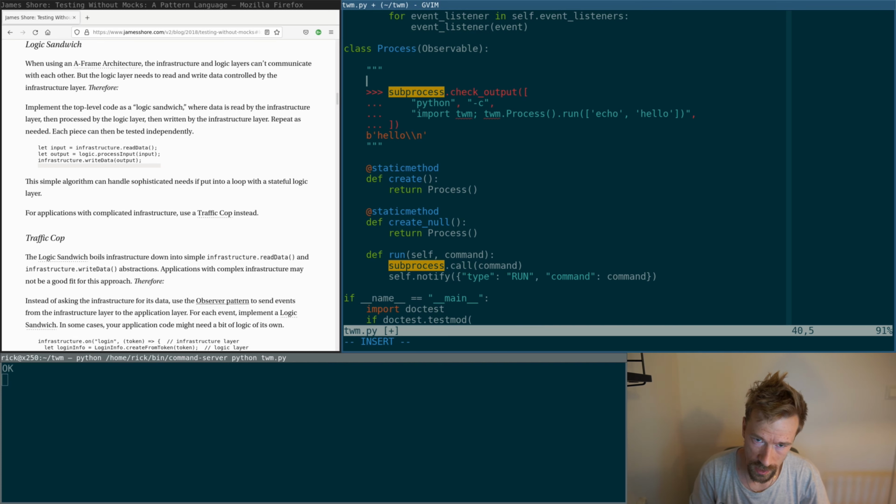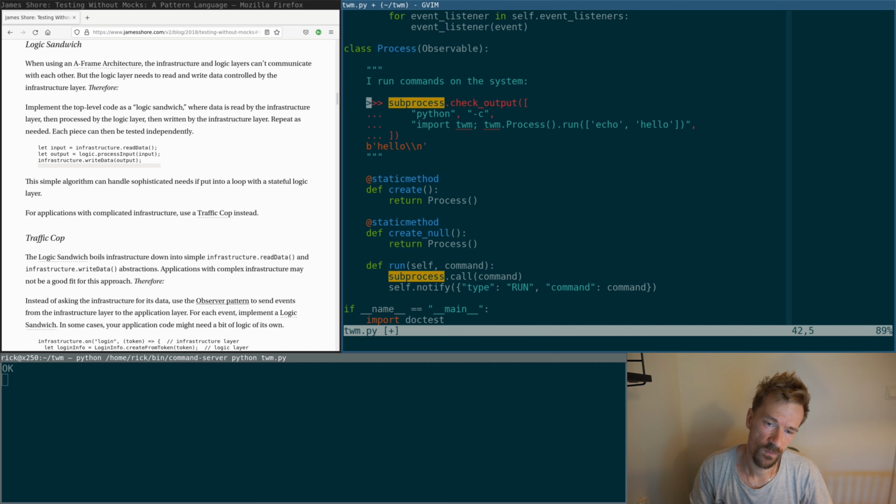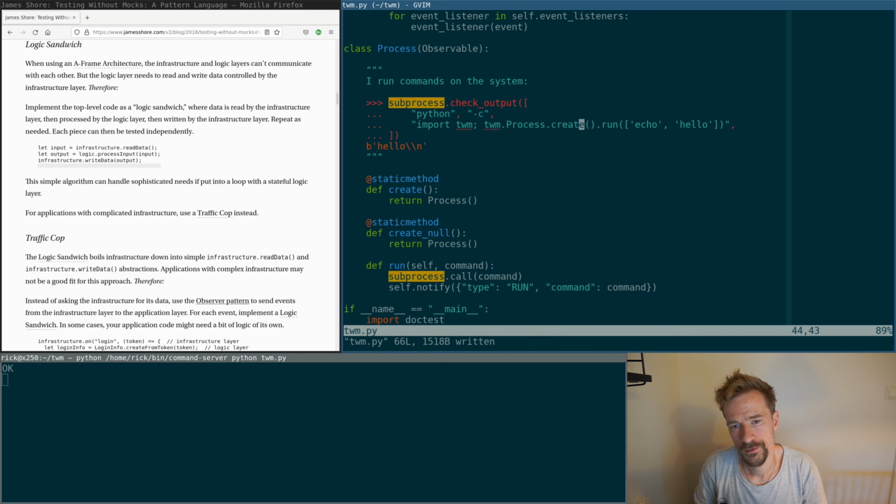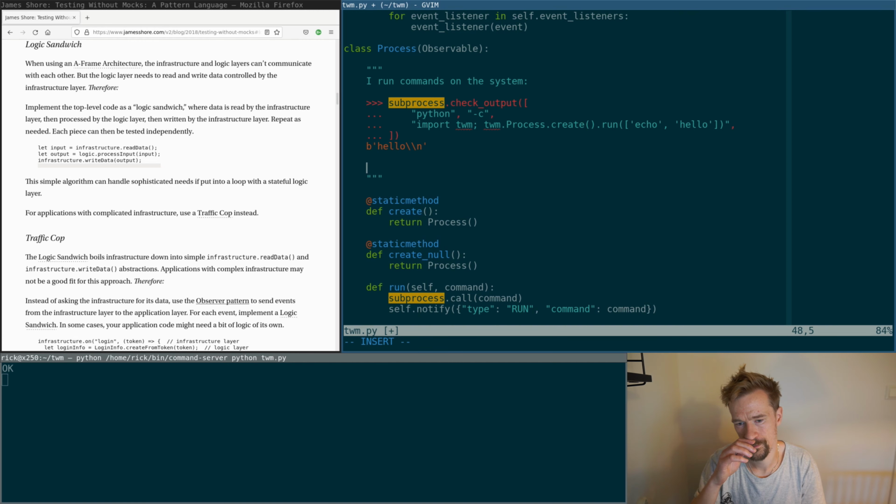So let's describe process. So what does it do? I run commands on the system. Right, and also here I don't want to instantiate process like this, but I want to call the create method. That should work as well. All right. So that's what it does. And the next part is to make it nullable,